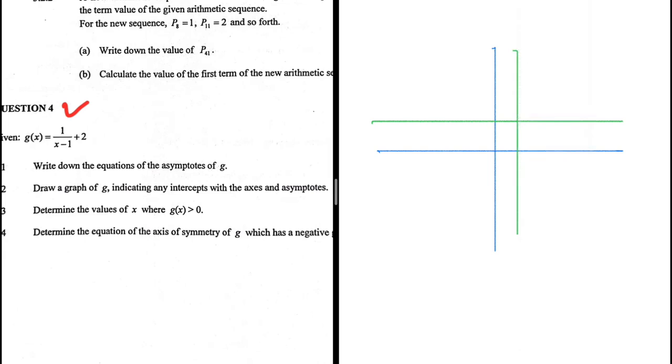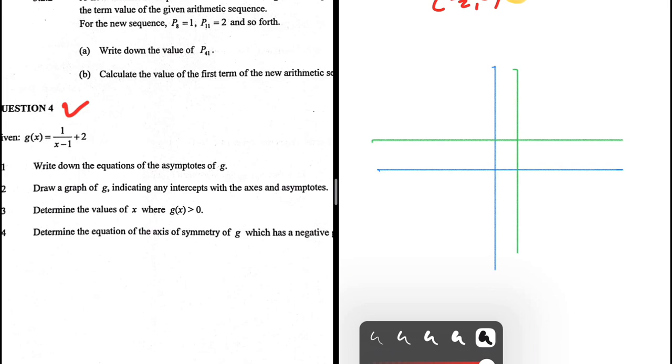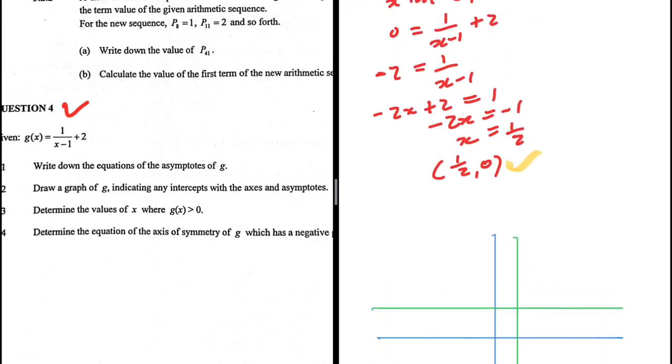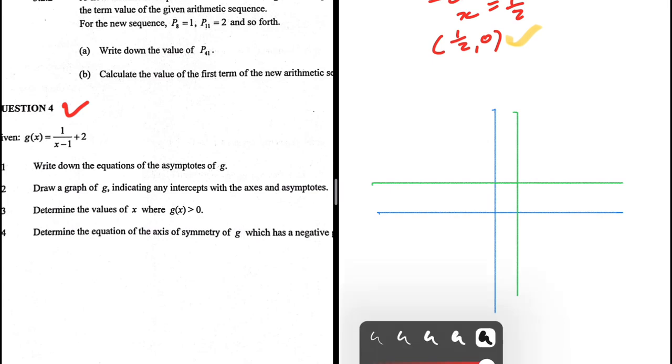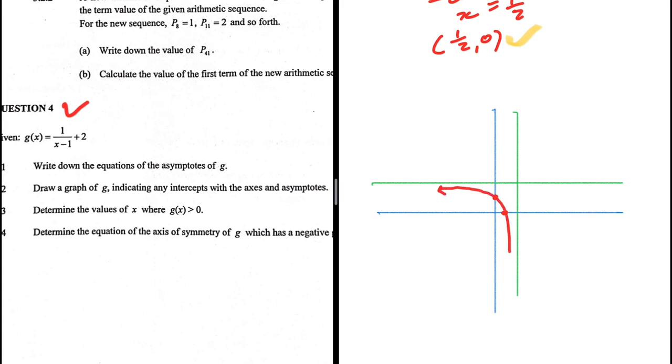Now we need to sketch our graph. Well, we just need to locate our intercepts, and we're going to see how our graph should look. So the intercepts, we have 0 and 1 for the y-intercept. So y is equal to 1 is somewhere here, right? Because our asymptote is at y is equal to 2. And then we have x is equal to a half. So a half should be somewhere here. That is all we need actually, because now we can sketch our parabola and it should look something like this,